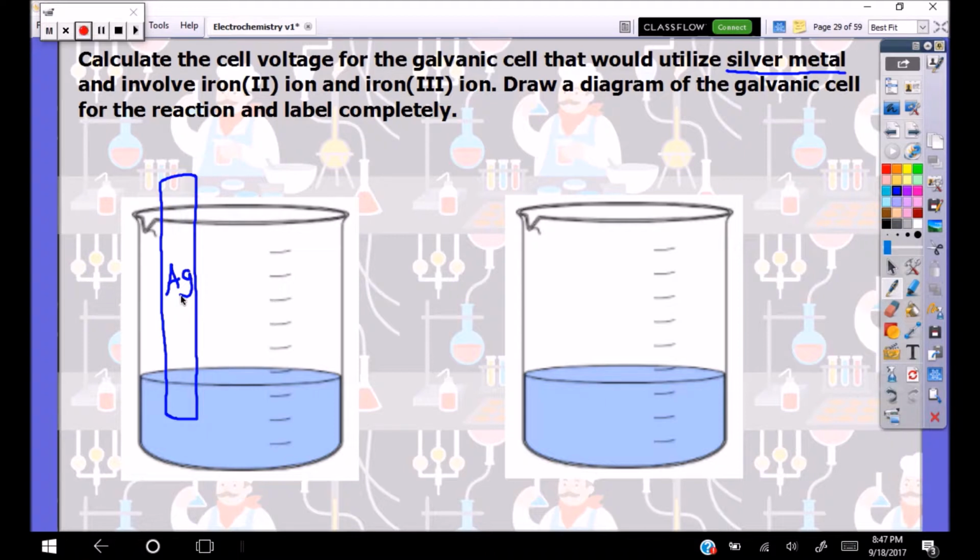And the other thing we said is that since we have this ion to ion thing going on, we're going to have a platinum electrode as well. So platinum electrode, Pt. And we need to have a wire connecting them. So the wire,